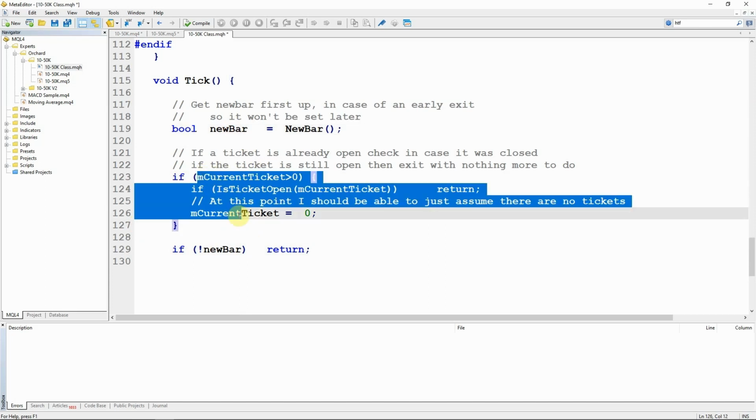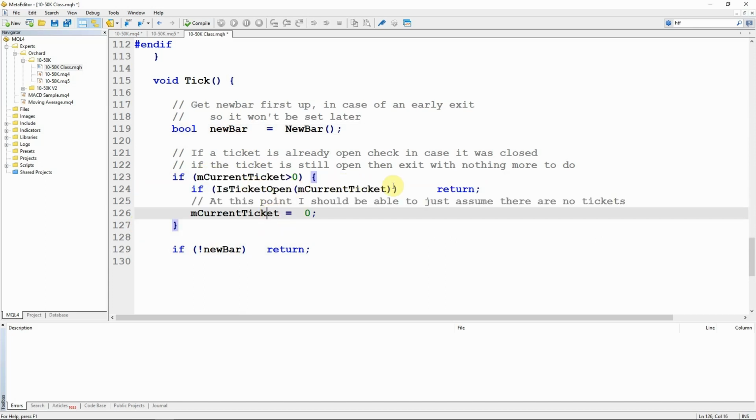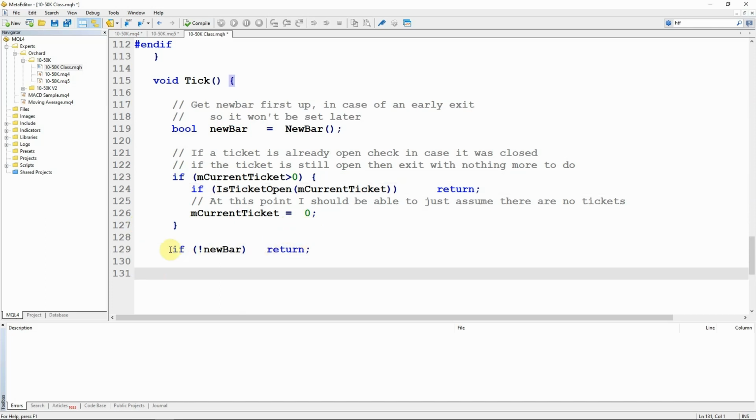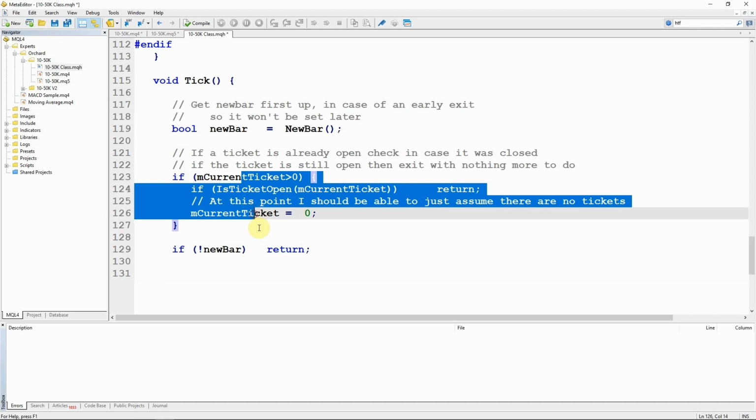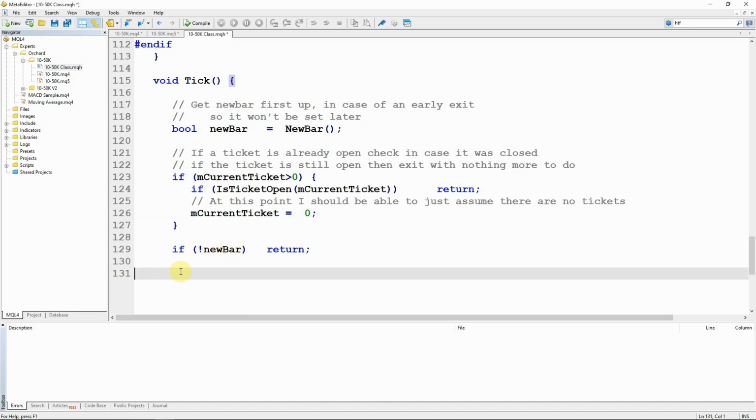But I want to run this code anyway because I actually want to clean up that existing ticket. So now we've come this far. There are no trades open because we've passed these tests, and it is a new bar because we've passed this test. So it's time to gather the values that we need to open a new trade.